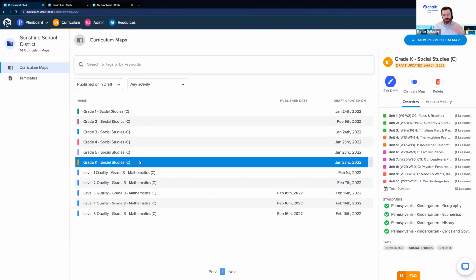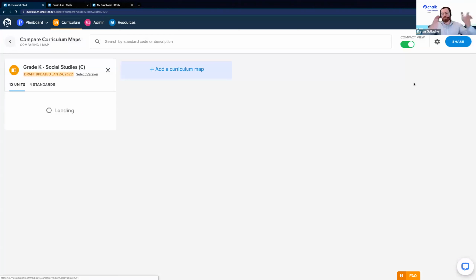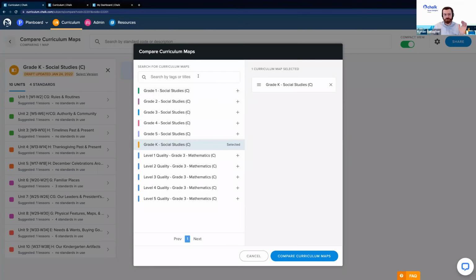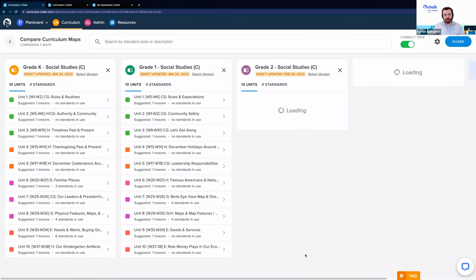So to get started, we're just going to pick the first map we want to look at. And then we're looking for that compare map option because we do want to compare them directly to each other. And then that'll bring us to our view where we're able to see multiple maps at once. So to add whatever ones we want, we go into add a curriculum map. And like I was saying earlier, you can pick whatever you want. You can use the search here and find the ones you want to pull them up side by side. And for now, we're just going to add grades 1, 2, and 3. And we can see them all listed here. And we can change the order if we want to. And then click compare when we're done.